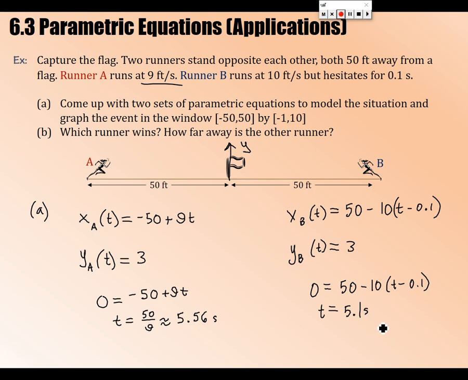5.1 seconds. So is it clear now from this too that runner B is our winner? Okay, and then the other question is how far away is the other runner? So how would we ask that? In the moment that runner B wins, where is runner A? Yeah, so we need to evaluate where is runner A, x of A of 5, if we want to answer